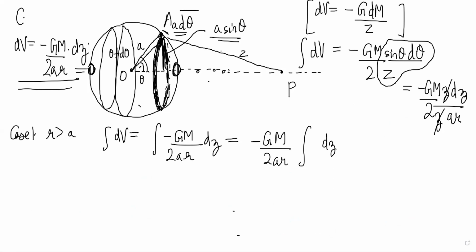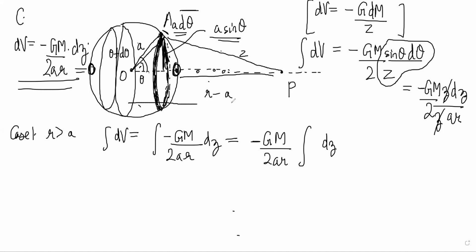These are the two extreme cases. So those two extreme cases, what are the values of z? Here the z would simply be r minus a,